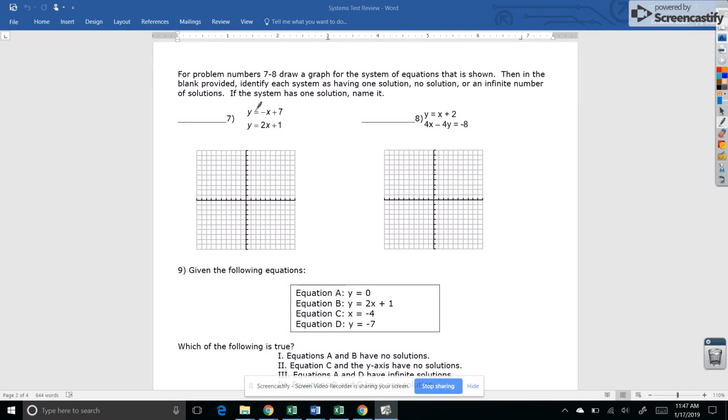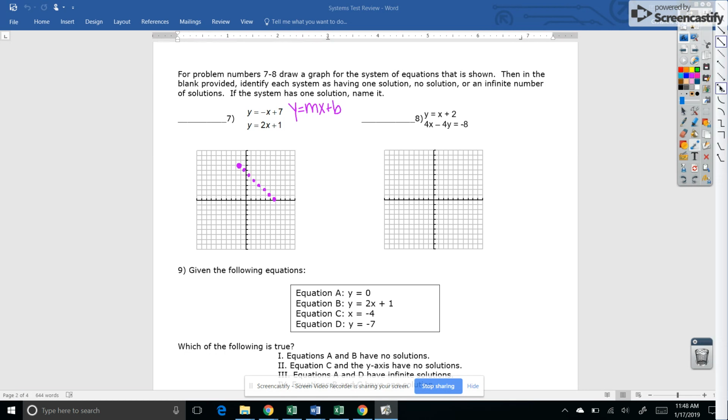Okay, so our first problem, they are both in slope-intercept form. Y equals mx plus b. So my y-intercept is 7. 1, 2, 3, 4, 5, 6, 7. And my slope is -1. So that's down 1 and to the right 1. And I'm going to connect that